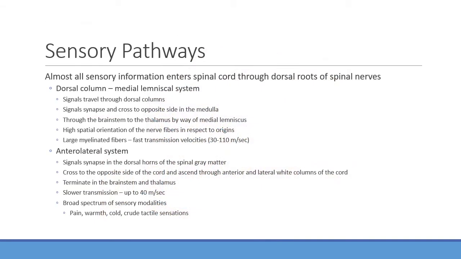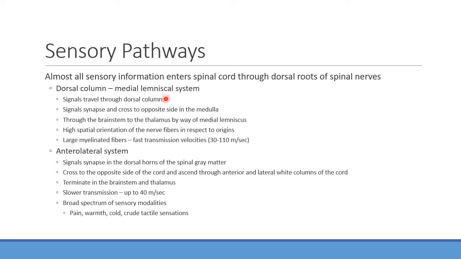Okay, so there's two main pathways you're going to be seeing as far as transmitting these signals from the skin up into the brain. We're going to talk about these pathways for each of the senses we're going to talk about today. So these are good things to have an idea about. How are we transmitting these signals? How are they getting from the target tissue up into the brain? How can they be organized and sent out to different areas of the brain so that, one, we can sense whatever the input actually is, and then we can have a compensatory output to deal with that, whatever it happens to be?